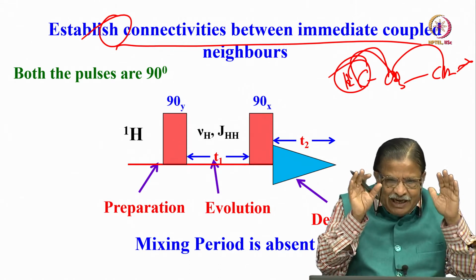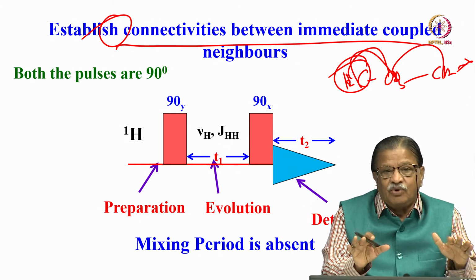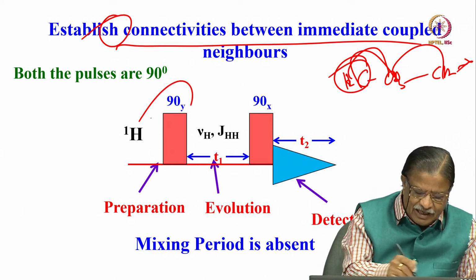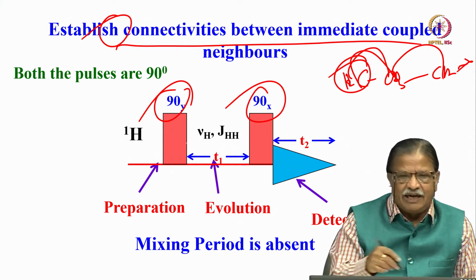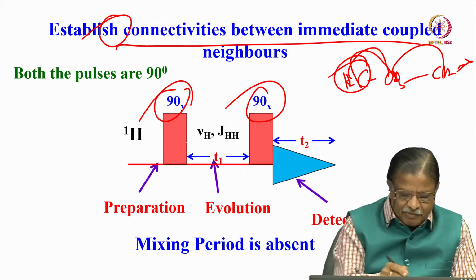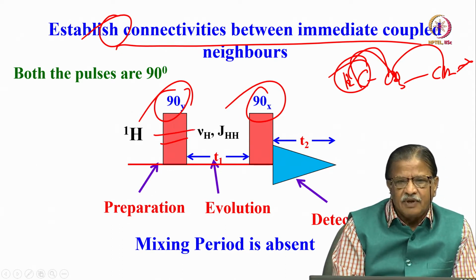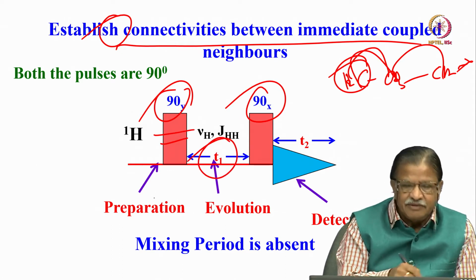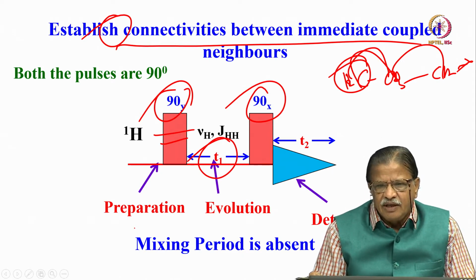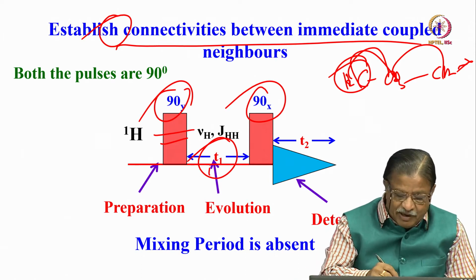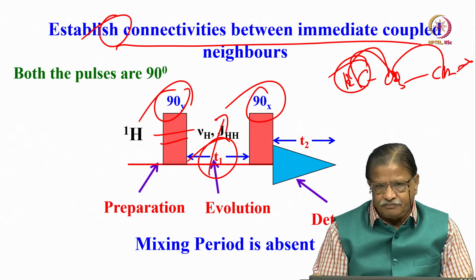And basically it is a 2-pulse sequence, 2 90-degree pulses. That is the basic experiment: one 90-degree pulse here, it could be X or Y, and here another 90-degree pulse. There are 2 90-degree pulses, which is defined like this, this is the width of the pulse. And this is a T1 period in which the evolution of the magnetization takes place. This is a T1 period which is incremented systematically.